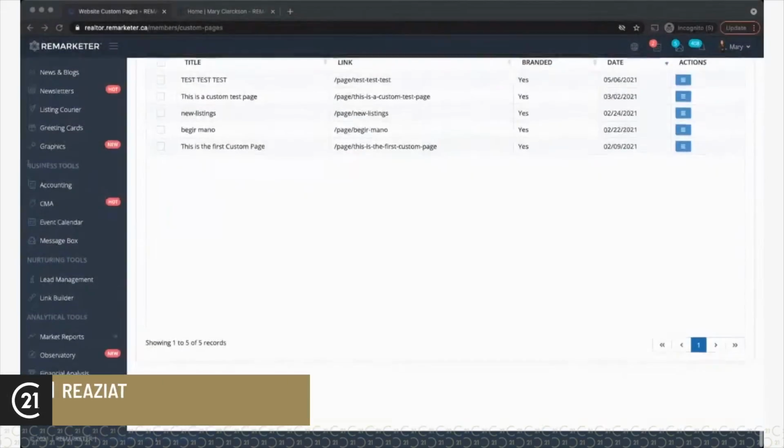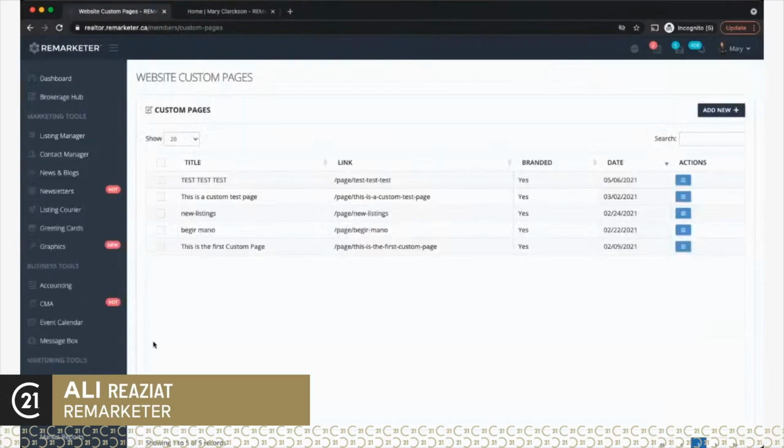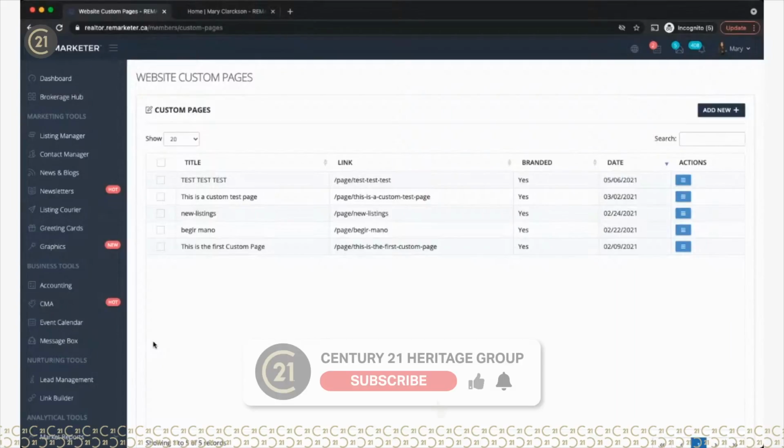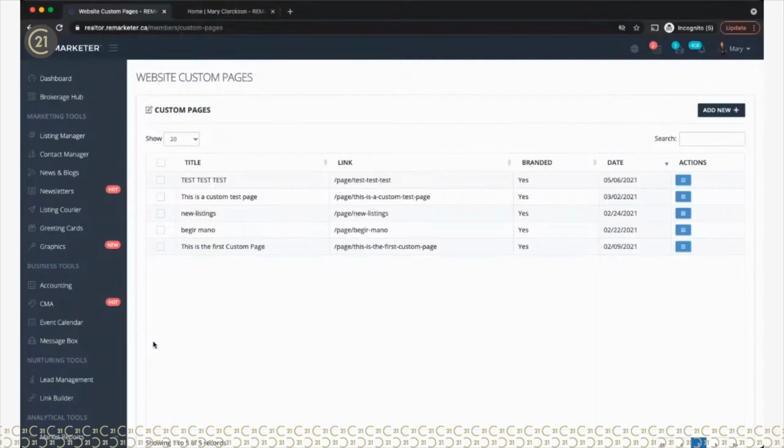The topic basically is custom pages builder. Now, it's a very capable function, and I really want to share some of the tricks that I use myself to use this module to really take the personalization of the website to the next level. It's a very capable module, and it makes things a lot easier to create custom pages as well as custom